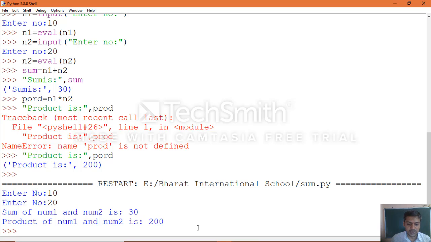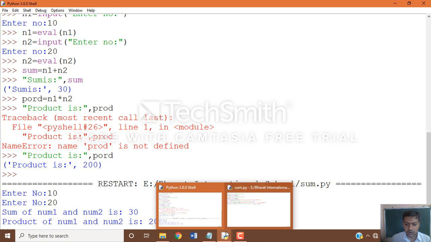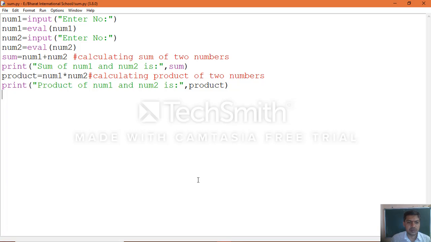Same thing, let's see how you can print the values also. Sum of, comma, num1, comma, and, comma, num2, comma, is.